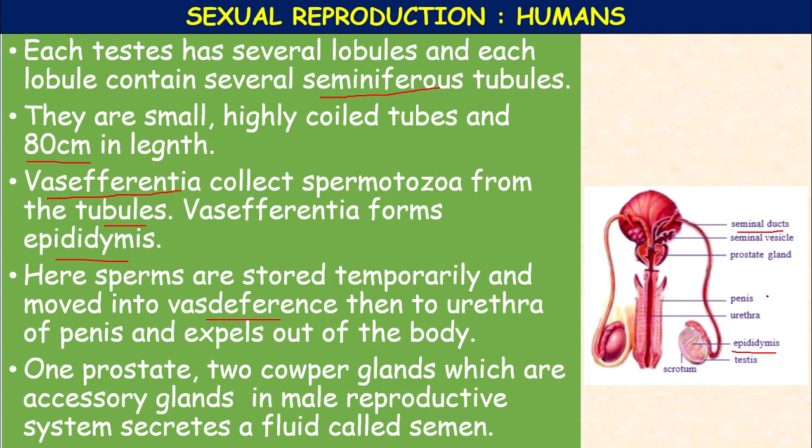and the urethra, the penis, and expelled out of the body. So next, the duct system, if you take the glands, accessory glands, one prostate, two with which are